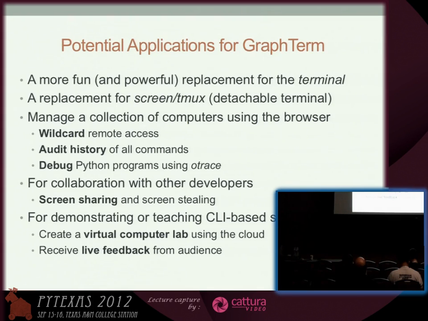Some of the applications: it's a more fun and perhaps more useful replacement for the terminal. You can actually replace screen and tmux because it's completely detachable. It's just a URL. I won't try to demo the wildcard thing, but you can send output to multiple terminals at the same time. There's an interesting issue of how to display the output, because output from different terminals may be the same or it may be different. If it's the same, it won't repeat it, but if it's different,